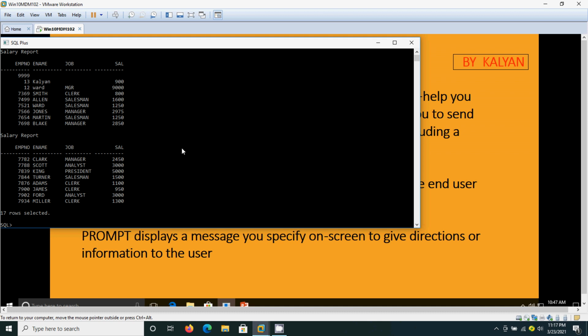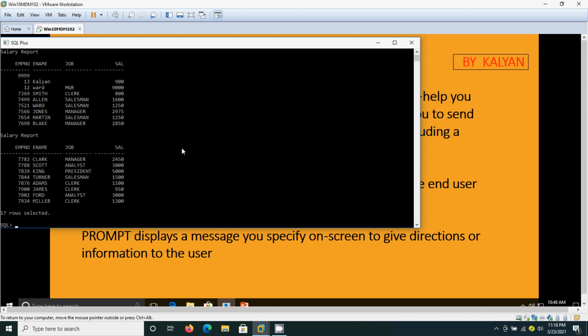So this shows the title at the top of the query result, so that we can easily understand what the result is. Here it displays the details of the salary.